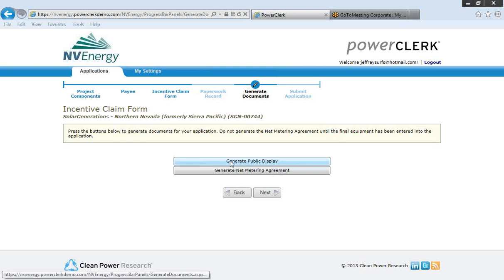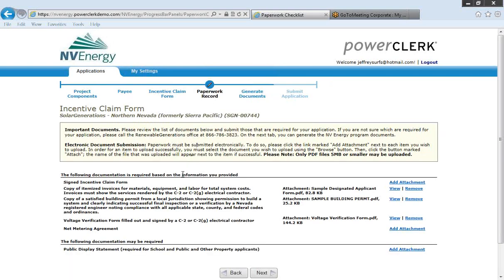Well, the other one is the generate public display, and I know I don't need that for this residential. That would be for a public and other building or a school. So let's go back to Paperwork Record tab. Now that I know I've generated previously the incentive claim form, and I printed that out to go get it signed, and I also printed out the net metering agreement to go get it signed. The other documents I had previously uploaded. So let's log out of PowerClerk,